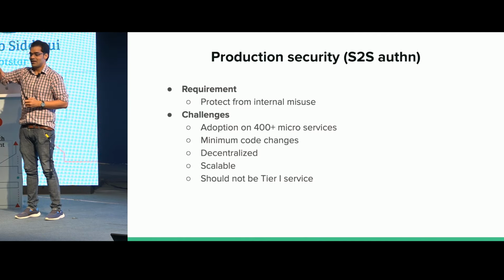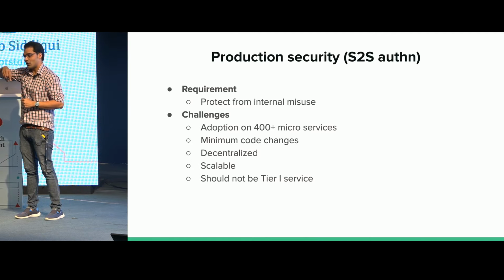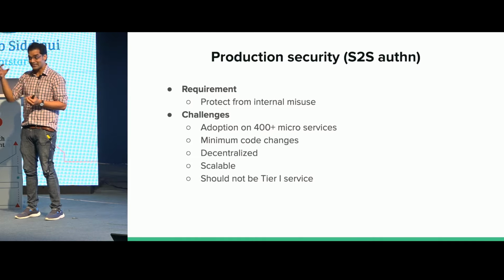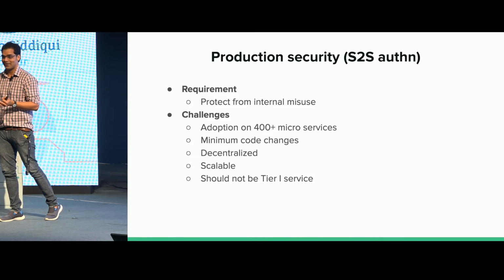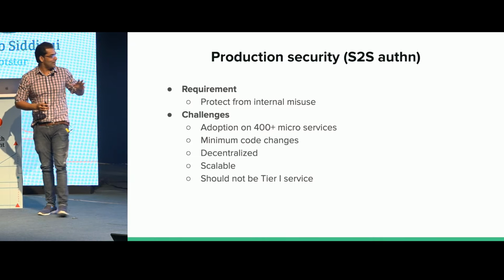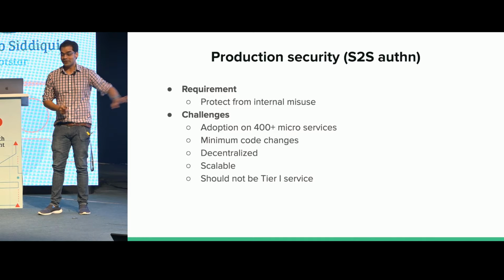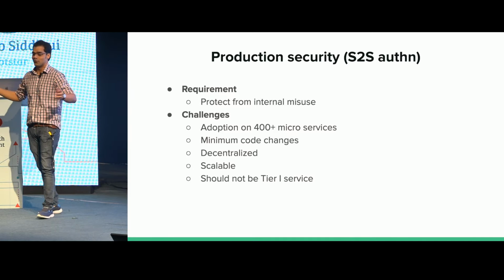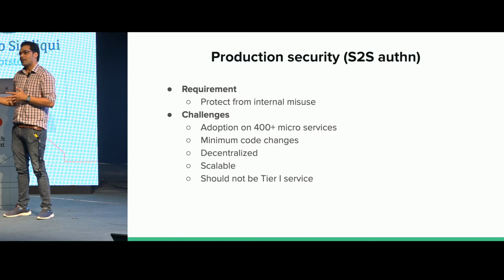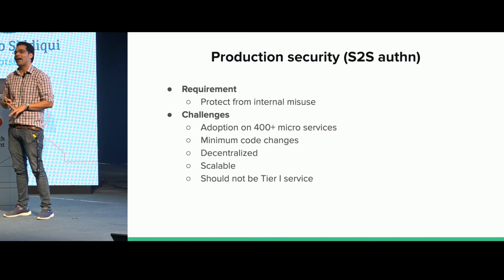That means if there is a server validating all the services and it goes down, though every service is up, my systems are down. So this cannot be the bottleneck for anything. What else we wanted is that it cannot be a tier 1 service, and it has to scale at whatever scale we move. The way I went about doing this is I said we're going to patch the Apache